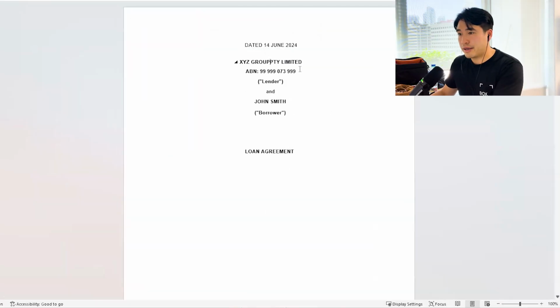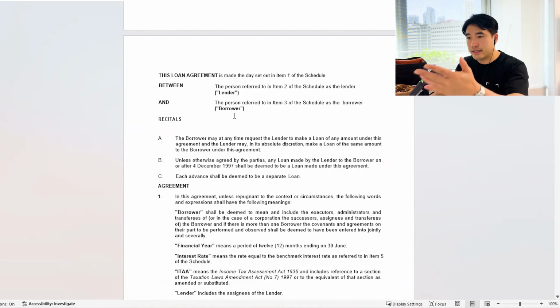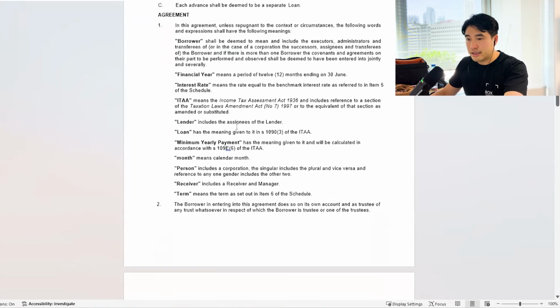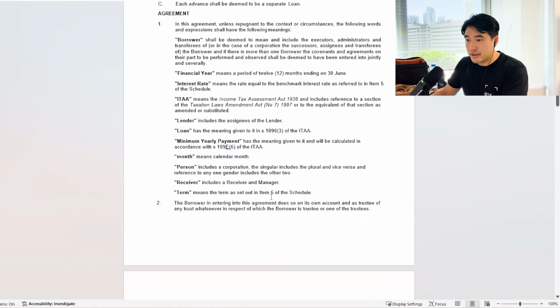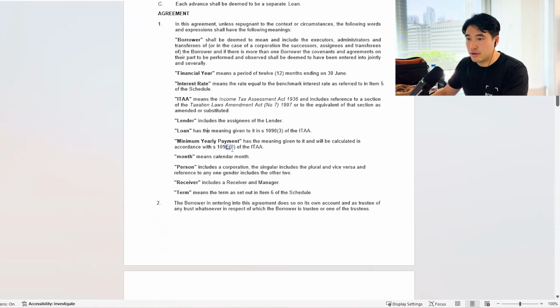The way to avoid it is you actually take up a proper Division 7A loan agreement. Give me a second, let me just pull that out. So there is this beautiful looking thing here, which is a loan agreement. It has to be prepared by the client, by the business. The lender, XYZ Group, lends money to John Smith, who is either the shareholder or the director or anyone related to the shareholder. It's a complete loan agreement, and there's interest that needs to be charged. There's a term, there's interest, and it also specifies who the lender is and the loan amount.